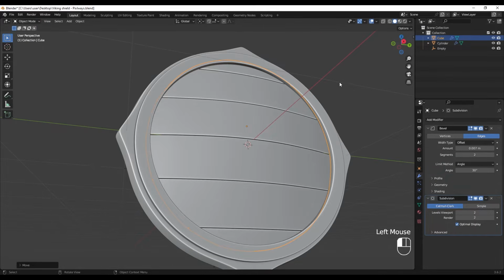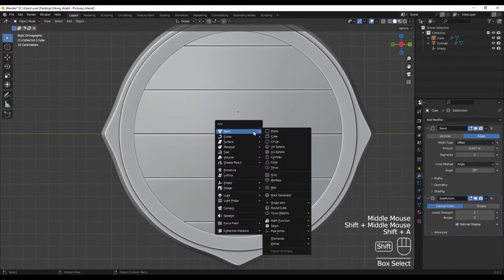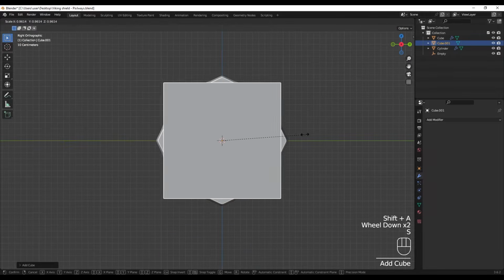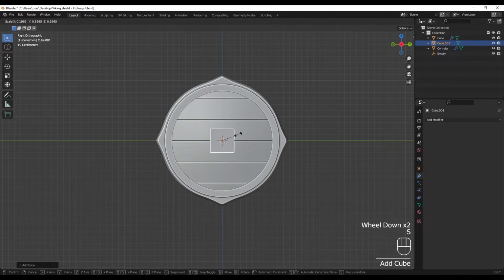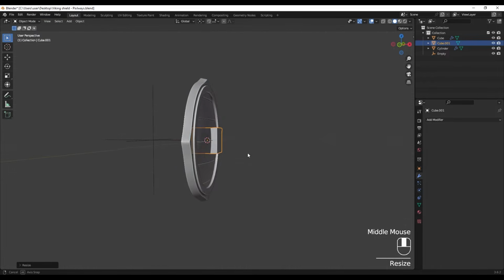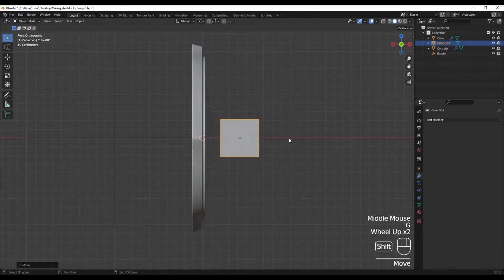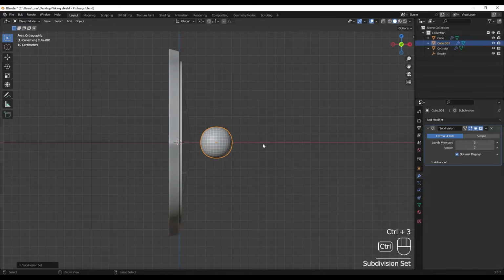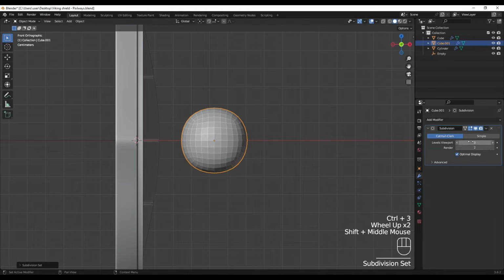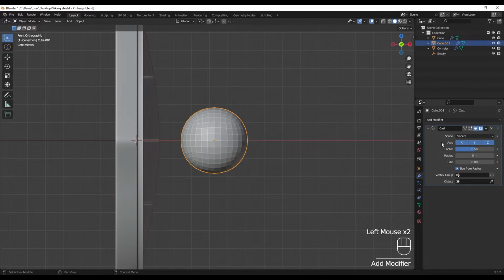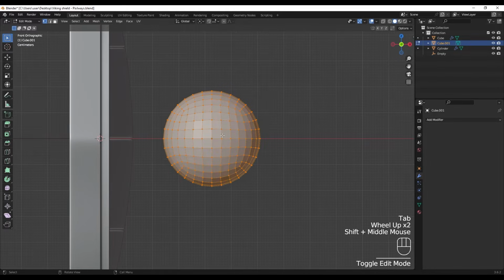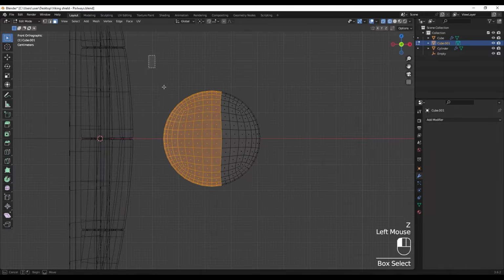That's not important, right? So I'm going to add a cube and scale this down like so, and I'm going to move this here, and I'm going to press Ctrl 3 to add a subdivision with 3 levels, and I'm going to apply this. I'm going to add another cast and put this on 1, and again I'm going to apply this as well, and then go to edit mode and select these